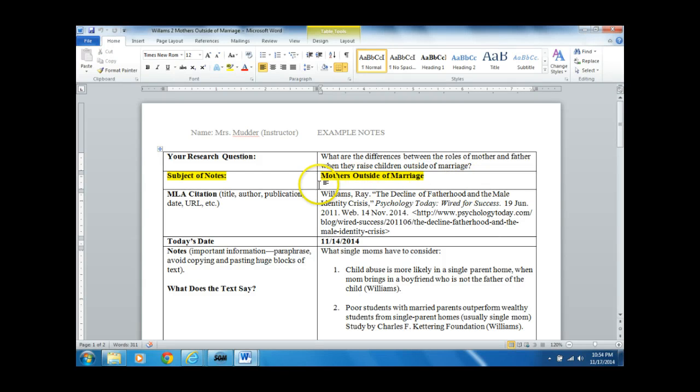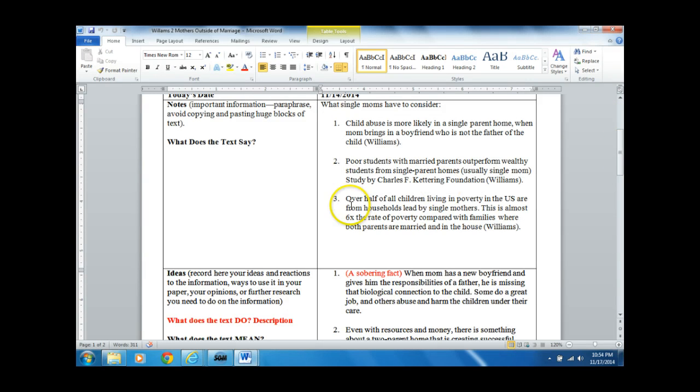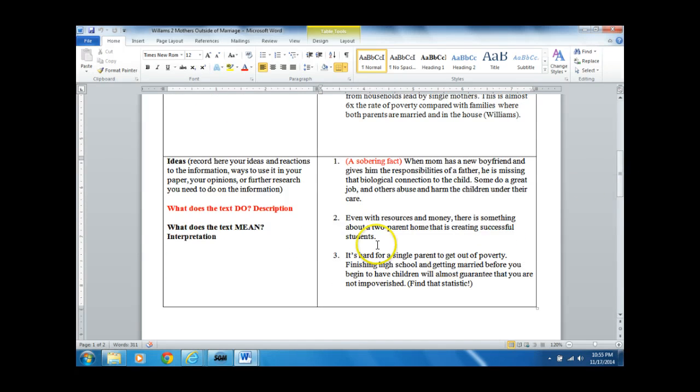And again, mothers outside of marriage is the subject of my notes. So even though I'm using a different source, this source has a lot of ideas about this topic, so I will be able to put those ideas, the restatement aspect, like I've done before, in the first part of the chart. And then when I think about and synthesize those ideas, I'm going to use my same exact system, and consistency is key here. Please make sure you use the same system for each of your source